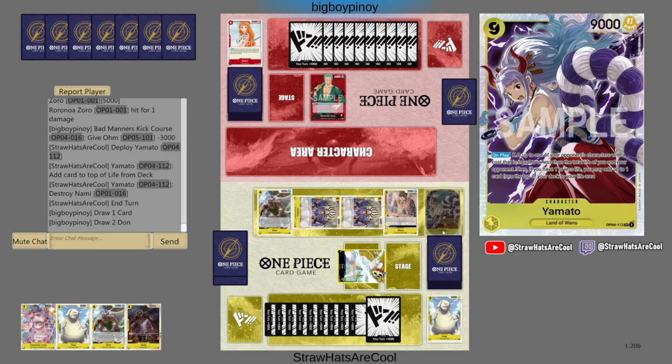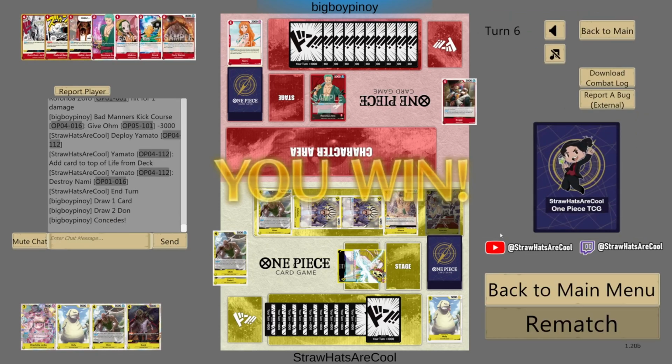They need to get 4 hits in here since we get the heal off of our leader. And yeah, they are just going to scoop it up there. So